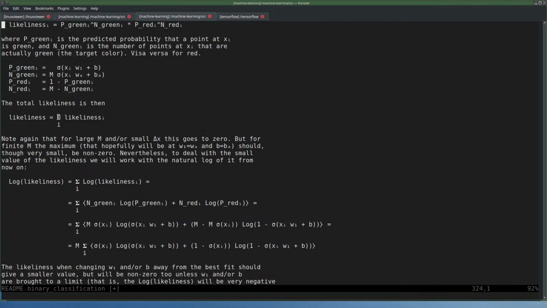So this multiplication sign changes into a sigma, multiplications change into plus, and powers change into multiplications. Know your math. Logarithmic. If you take the log,